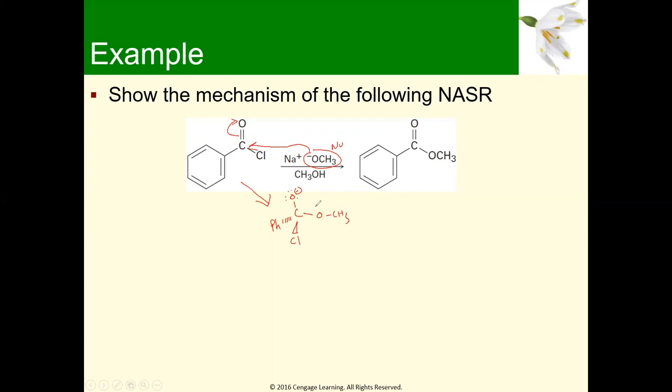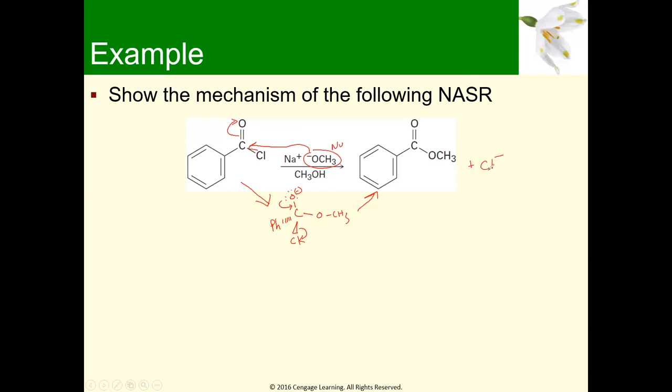Okay. So in order for this intermediate to transform into our final product there, you think about what needs to happen. Well, a pair of electrons are going to move back between the oxygen and the carbon to form that double bond right there. And then this pair of electrons connecting the carbon and the chlorine is going to come off and go onto the chlorine. That's going to become a chloride. So that's another